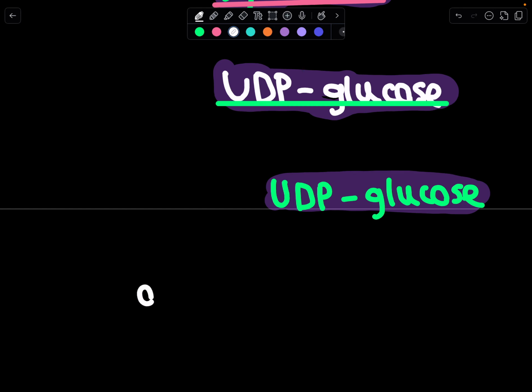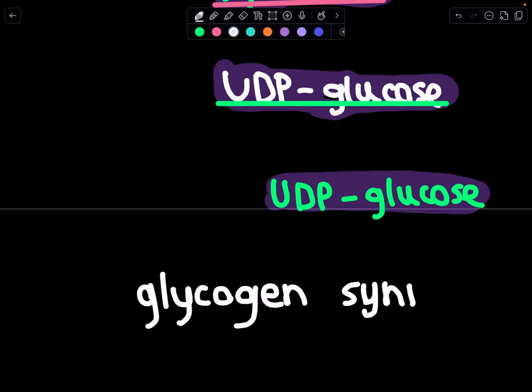Alpha 1,6 glycogen bonds are added by the branching enzyme, which transfers a short chain of glucose units from a linear alpha 1,4 linked glycogen chain to the carbon 6 of another glucose unit in the liver or muscle cytoplasm, creating a branch. I see. So, yeah, we talked about this in part 1, I just remembered. Okay, so glycogen